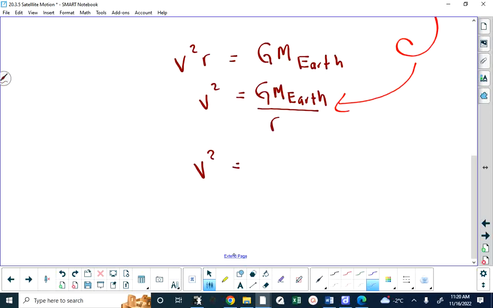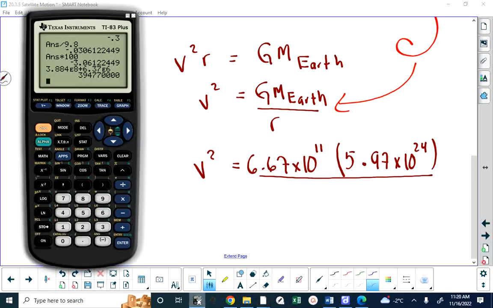V squared will be equal to 6.67 times 10 to the minus 11. Yes, it has units of newton meter squared per kilogram squared, but I'm going to leave that out to make the math easier to follow. The mass of the Earth, I can't remember, 5.98 or 5.97? 7. Thank you. All right, it used to be 5.98 times 10 to the 24 kilograms, divided by that distance that we've calculated, which is